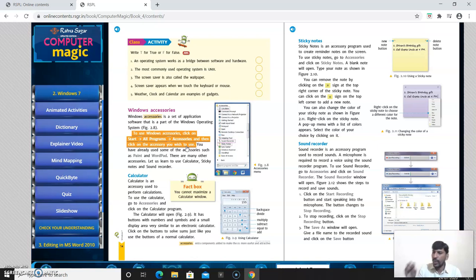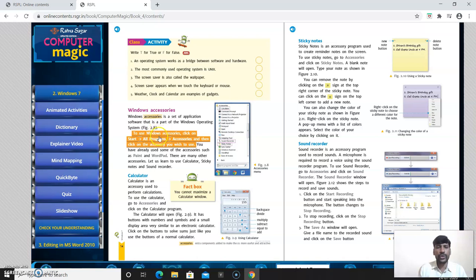Because in our phone the icon will be there. If you touch that icon, automatically the calculator will open, but in your system it is not possible. So it is inside the system. So how to open that calculator? That is a Windows accessory, one type of accessory. To open the calculator, what are the steps?